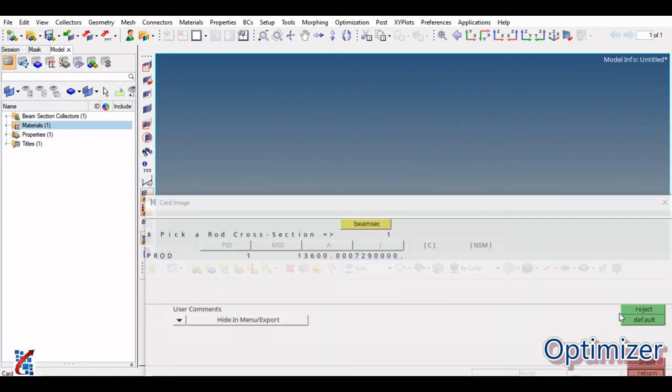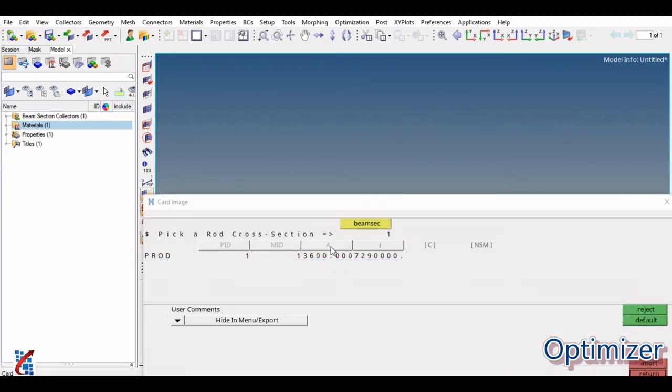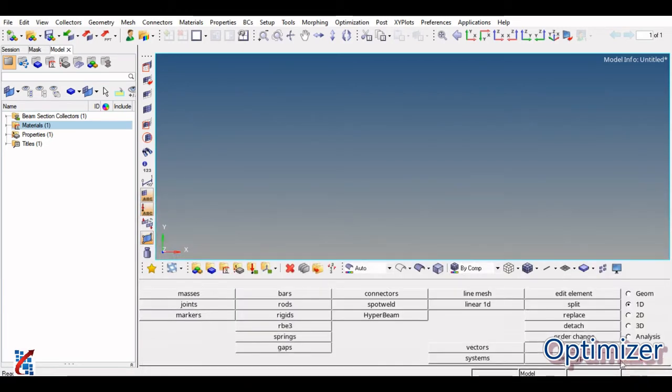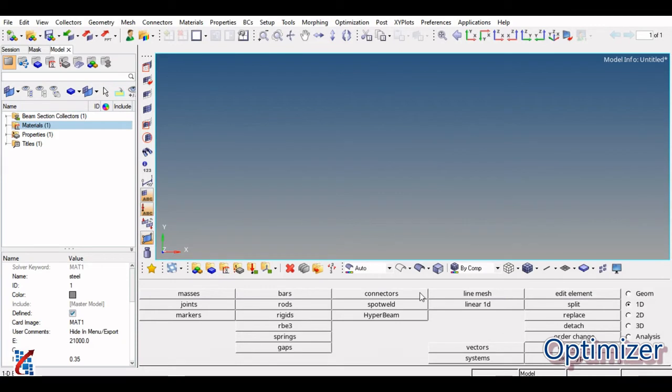Okay, now you can click on this create edit and just see whether the cross section is assigned or not. Yes, the cross section is assigned, that is 3600. Now just click on return. So we have defined 3 steps, that is MHP. Now the next step is component, that is C.